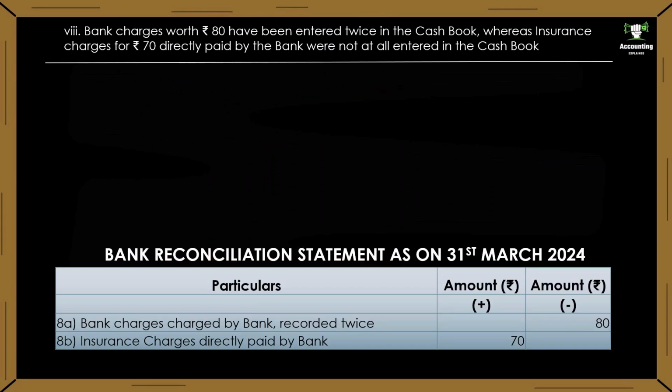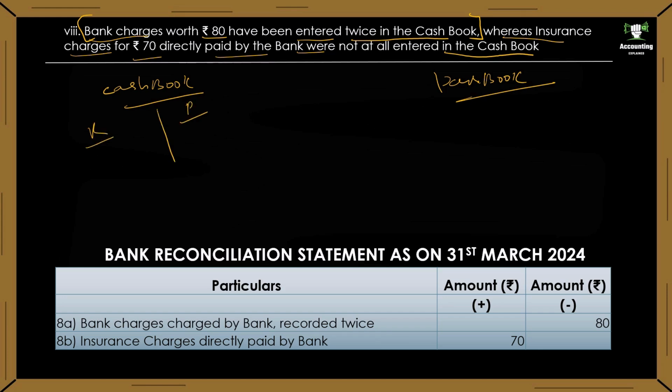We are going to see one interesting transaction now. Bank charges for rupees 80 have been entered twice in the cash book, whereas insurance charges of rupees 70 directly paid by the bank were not at all entered in the cash book. First we will see till this bank charges. Cash book, passbook,